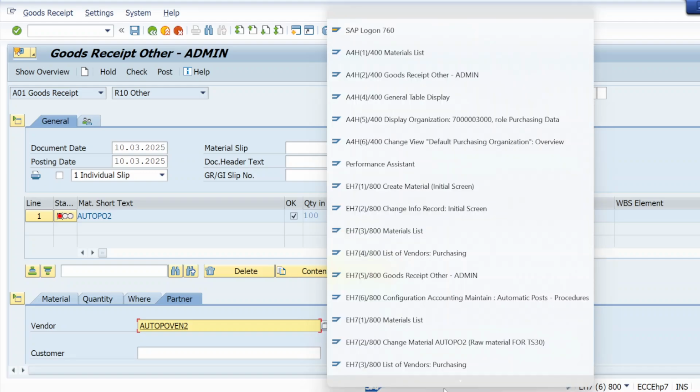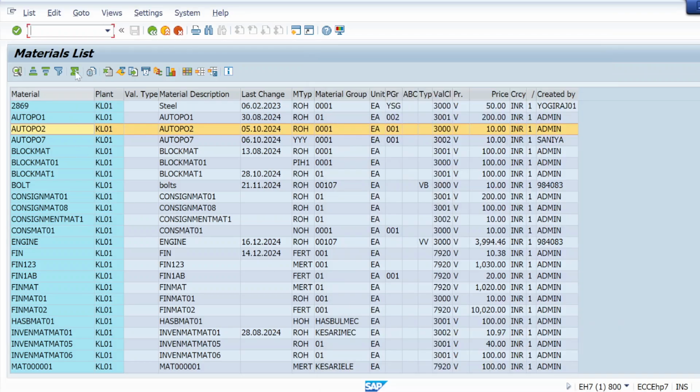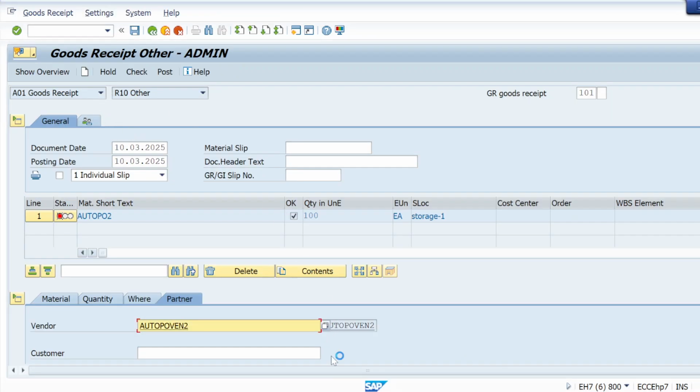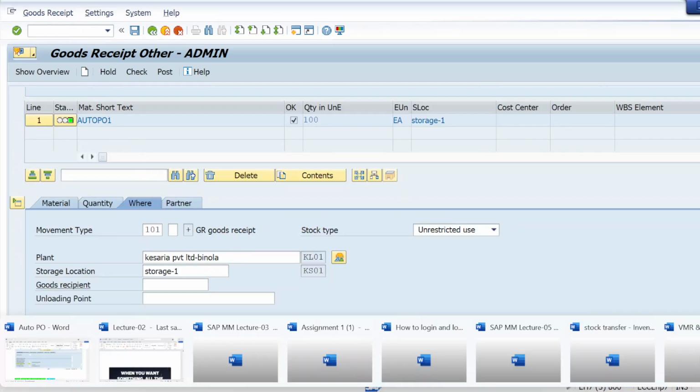I have to log in again because multiple screens are logged in and I'm not able to log in. So let me log out first and then log in. It's not responding, the system is not responding.